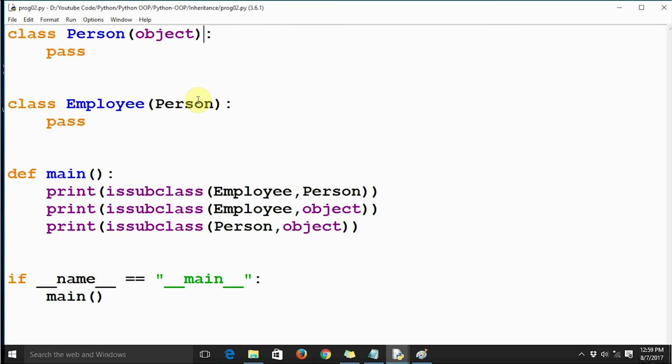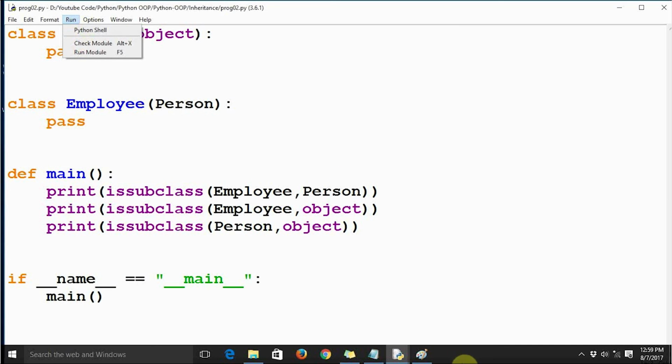But it is not necessary anymore to mention whether a class is a subclass of object. Whenever you define any class in Python 3, by default it is treated as a subclass of class object. So this is the explicit way of defining a class. The implicit way is just to declare the class as we have done till now, and we are going to follow the same convention from now onwards. We are not going to mention object. Only for the sake of this example, I'm typing object here.